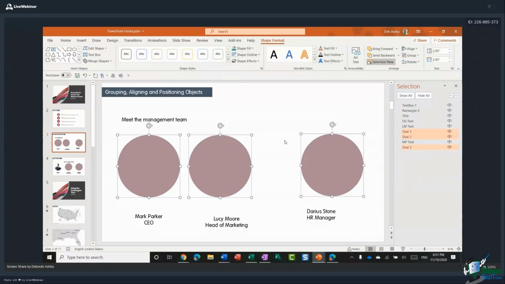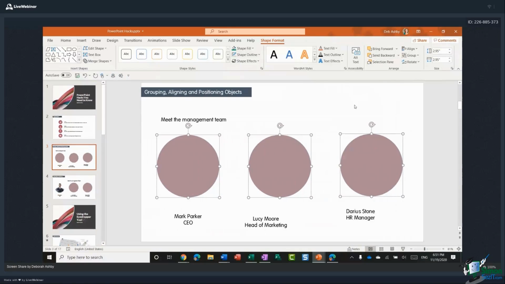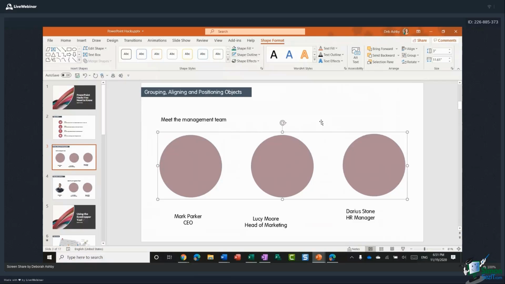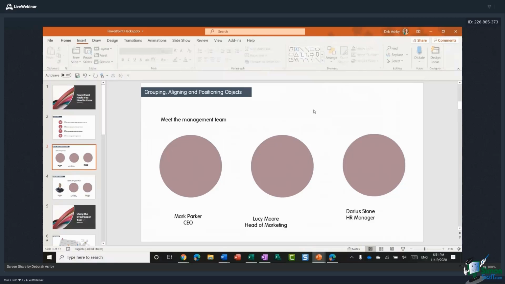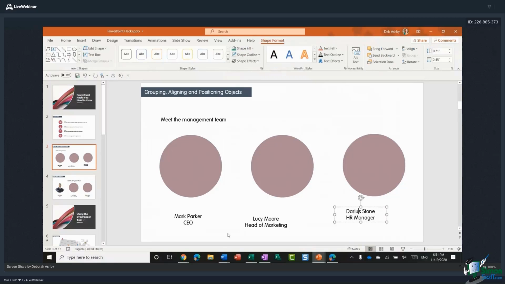Now what I'm going to do here is I'm going to jump up to Align and I'm going to say Distribute horizontally to make those a little bit more even. Then what I might do is Control G to group them all, and then I'm going to center these on the page by using Align Center. Once I've done that, I'm going to Control Shift G just to ungroup them, because now I have to deal with the alignment of the labels underneath.